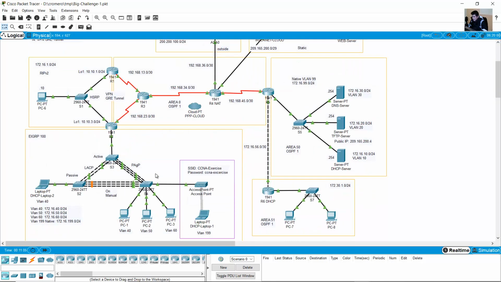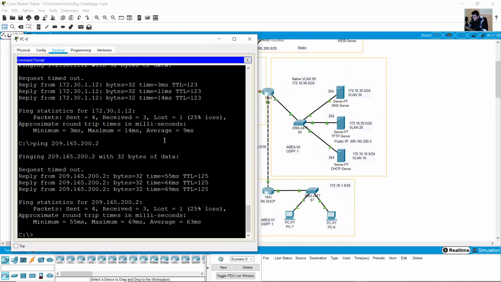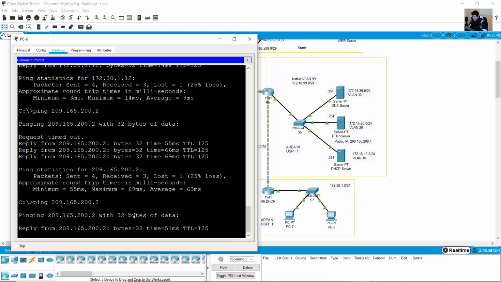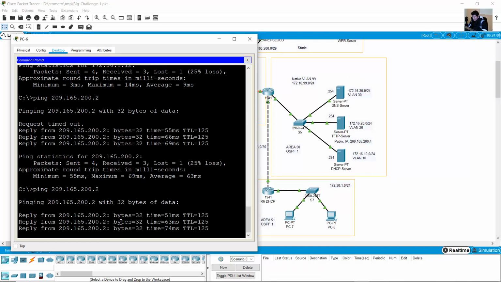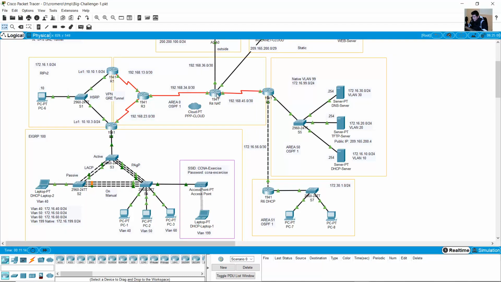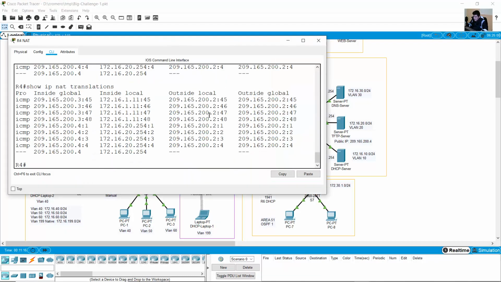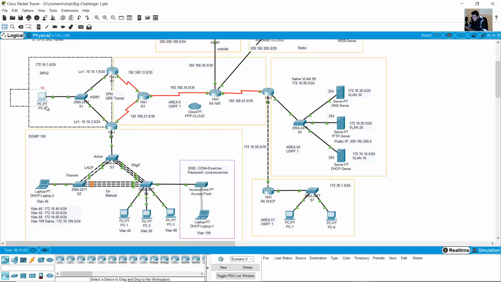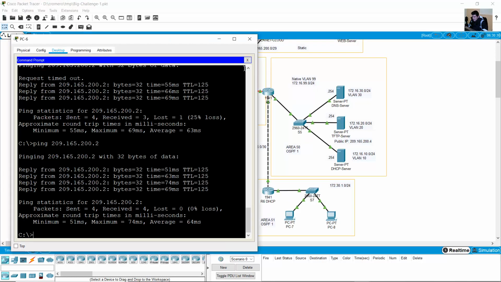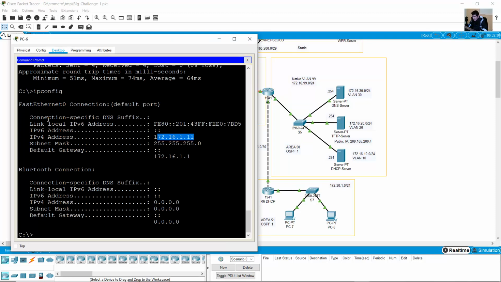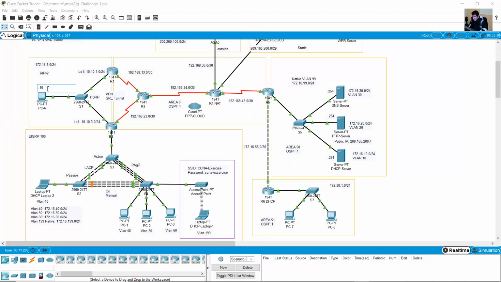the path, you can go to PC6 and ping the web server on the internet. Success. And verify on R4 NAT, show IP NAT translations. And now you can see 172.16.111 is this PC6 IP config. 172.16.11.1, okay, here should be 11. And